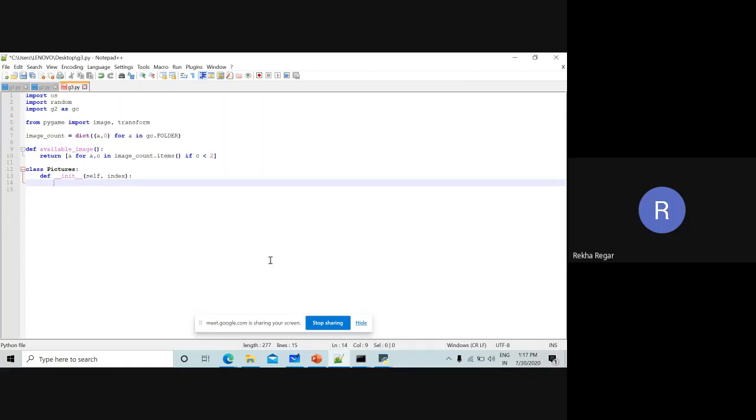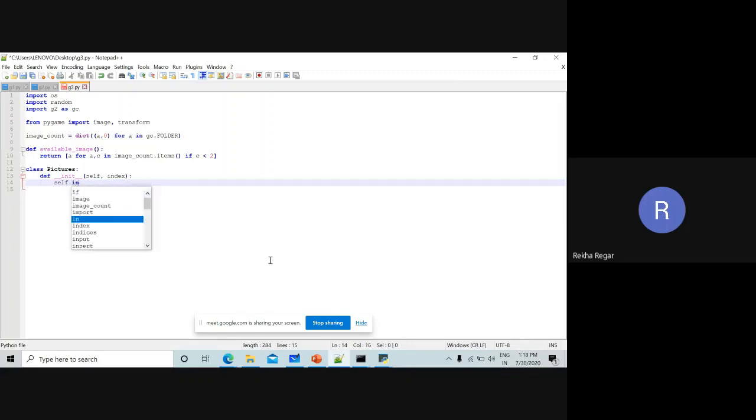After this, we have to mention what is the index, what is the number of rows, what is the number of columns, what is the name of the image, and what is the image count. It means each and every time we have to increase the image count also when the image is loaded into the screen, and we have to take the path of the image also, and we have to transform that image in a specified format. So for that we have to write some code.